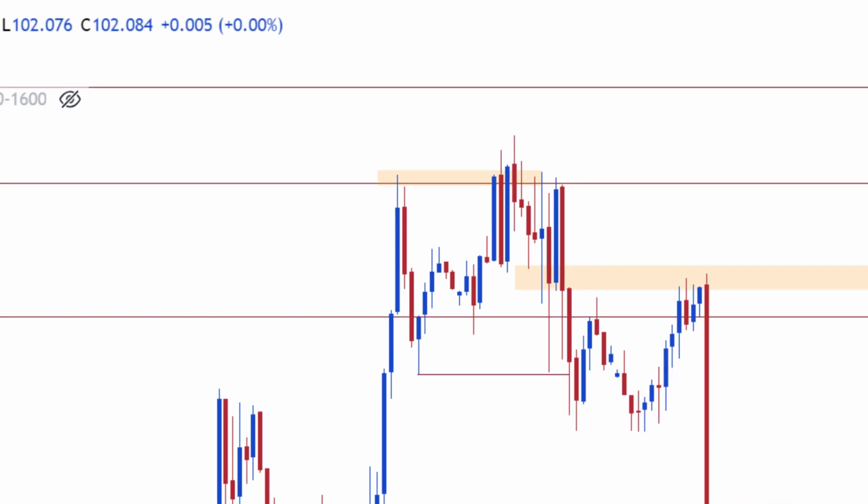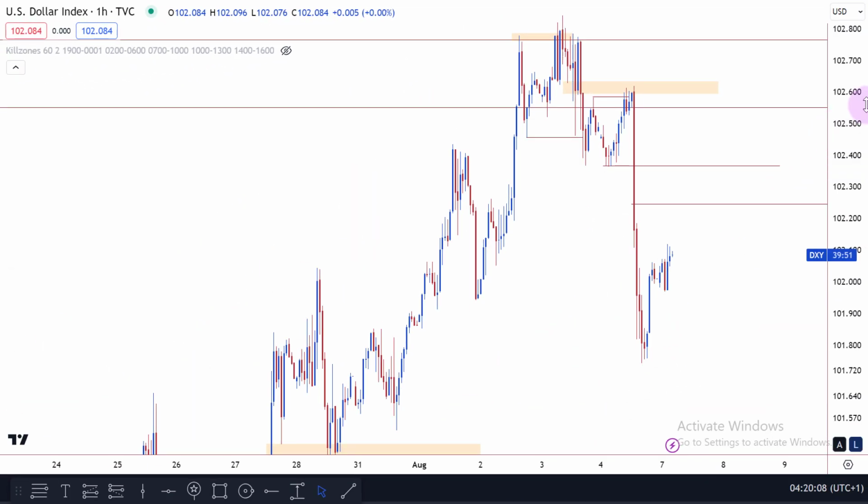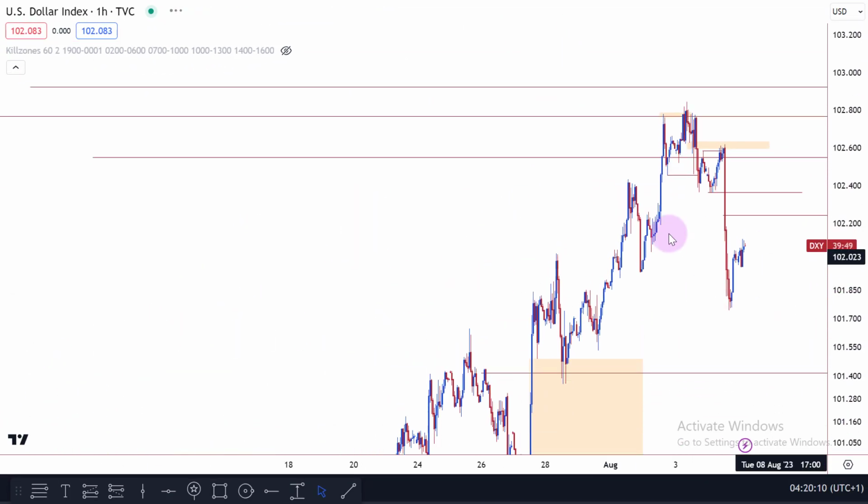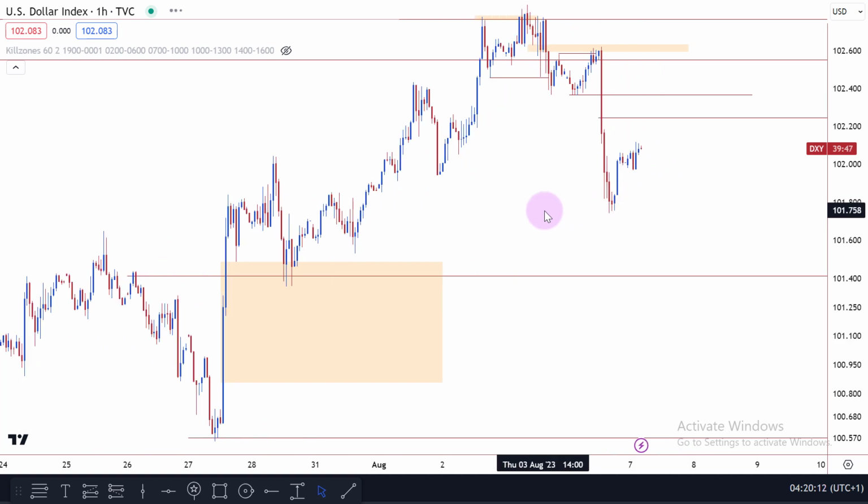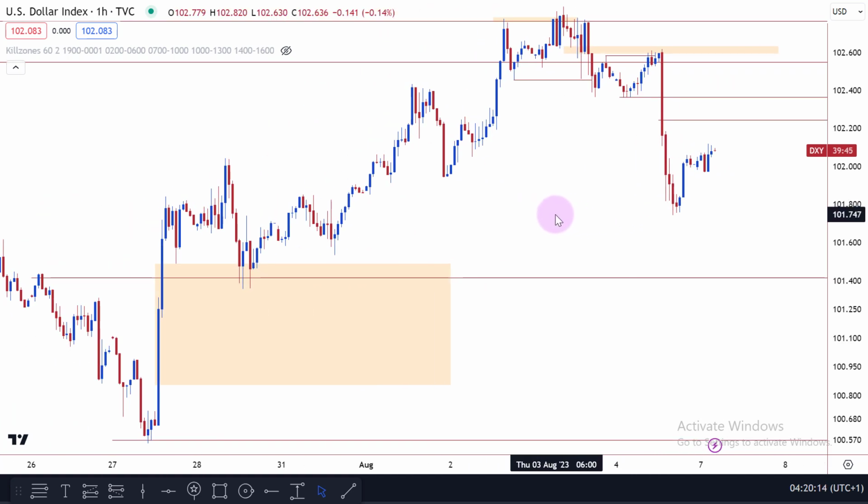1-hour breaker block. You can see this price took out the high here, then shift of structure right here. So it's a 1-hour breakout. We like to see price trading to that level before we start to trade to the downside into the sell side liquidity pool. Alright guys, so this is my view for the dollar, and we like to do the opposite on